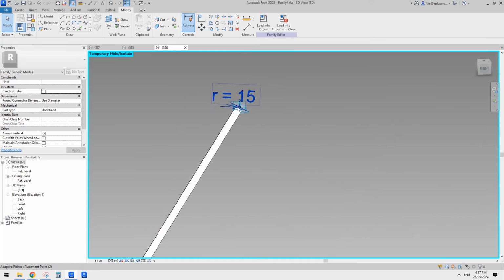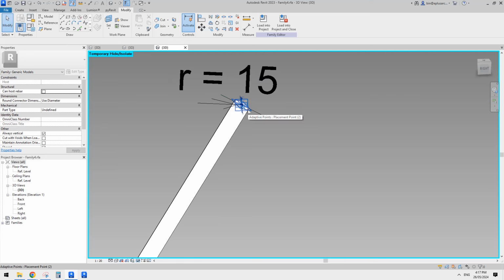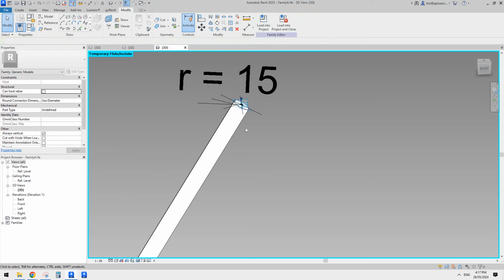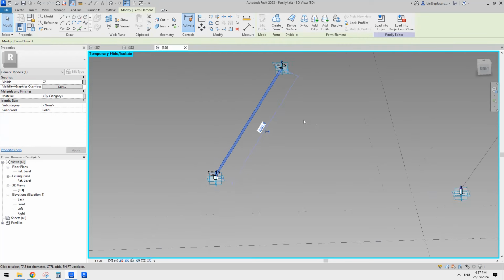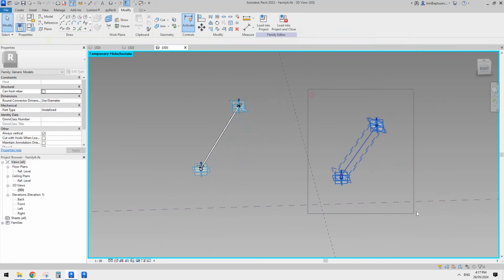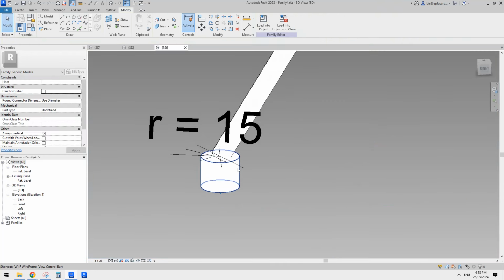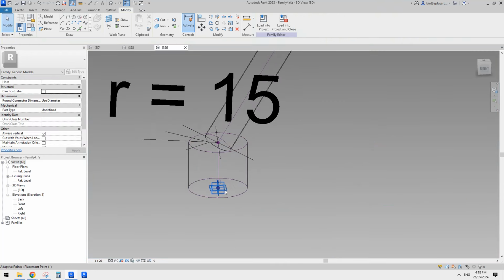Also, for each profile you can add a radius. If it's a circle, you can add a radius parameter, so you can control it. Okay, so basically that's it. So this is how I'll just delete this one, and I'll type WF, so you can see adaptive point